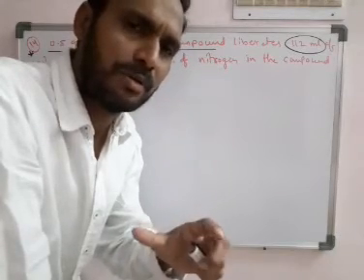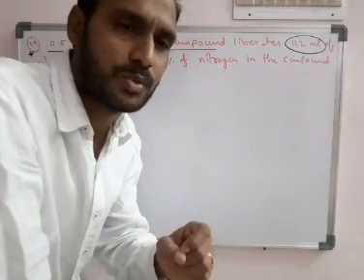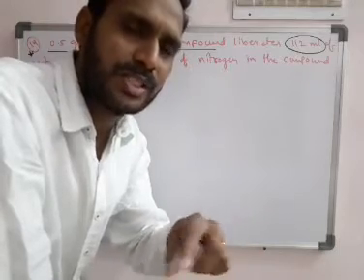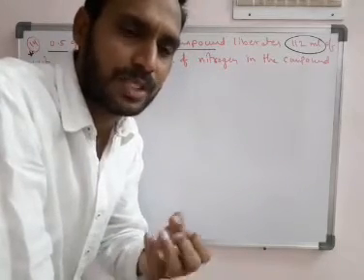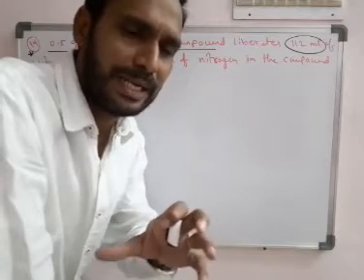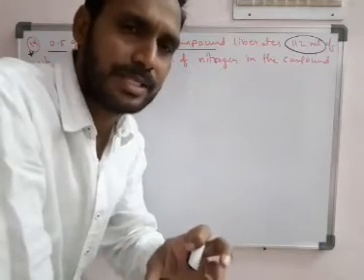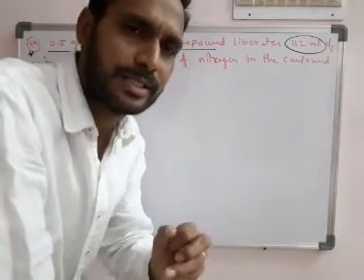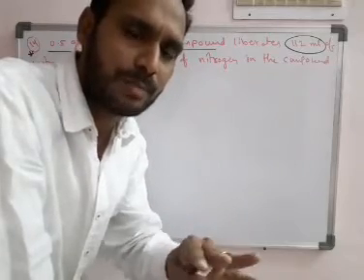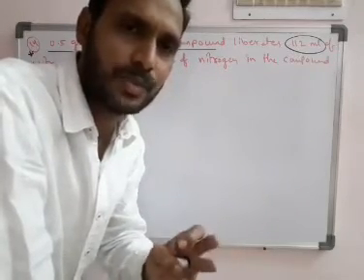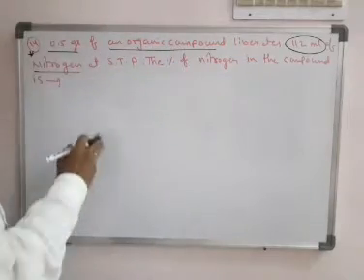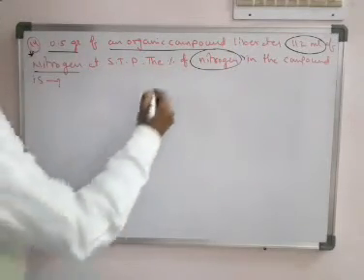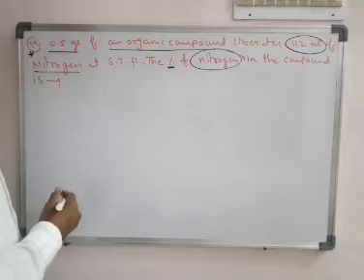Many compounds contain not only carbon and hydrogen. With carbon and hydrogen there are some other elements as well, like nitrogen, oxygen and sulfur. Mainly these elements are present in combination with carbon and hydrogen, so separately they are treated as organic compounds, though hydrocarbons also come under organic compounds. Okay. So this organic compound has some amount of nitrogen, and we have to find the percentage of nitrogen in the compound.